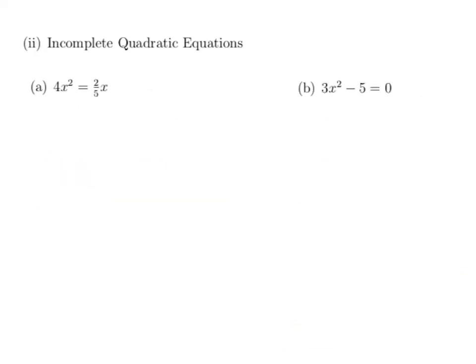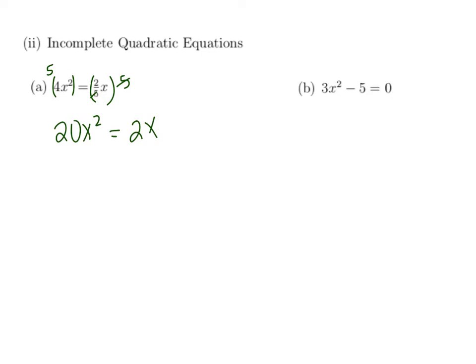So now we're dealing with incomplete quadratic equations where one of our a, b, or c is going to be equal to 0. So first we just work on putting it in standard form. Here we have another fraction. I'm going to multiply both sides by 5 in order to cancel out this denominator. So we have 20x squared equals